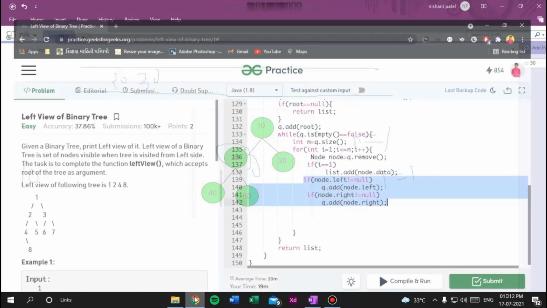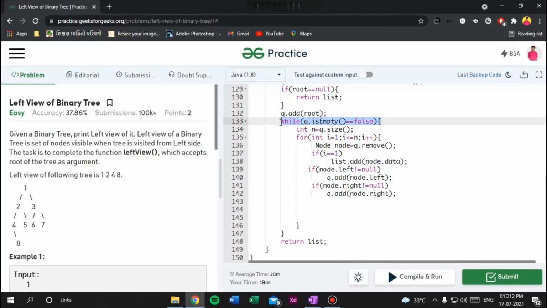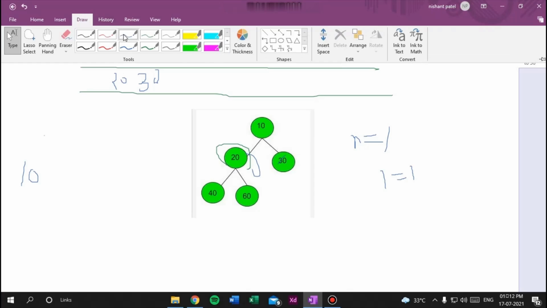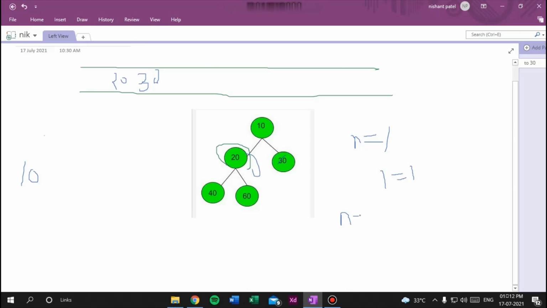Now we again check whether the queue is empty or not. No, the queue is not empty, but now n is equal to 2, because the size of the queue is 2. So the inner for loop will iterate 2 times, and when i is equal to 1, it means this is the first node.